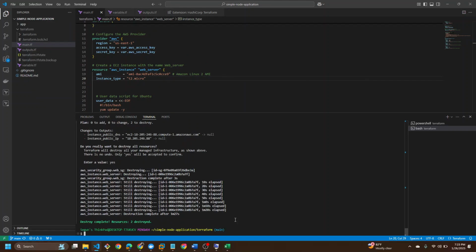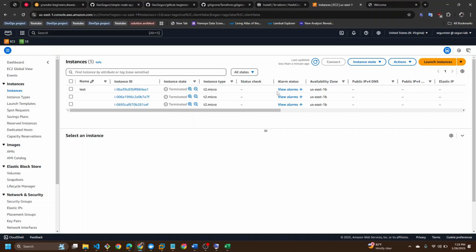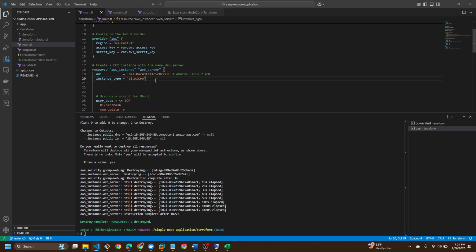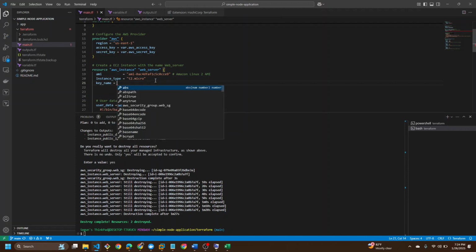Now our instance has been destroyed. Let's quickly confirm it. As you can see, no instance is running. Okay, so let's add the key. We forgot to add the key earlier, so let's add the key name. So for the key name,